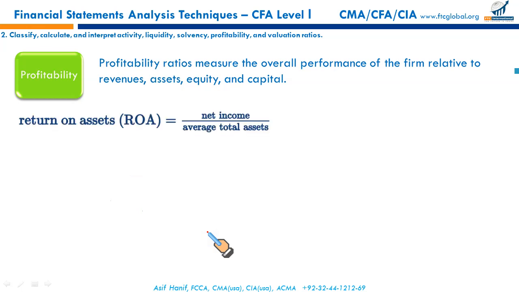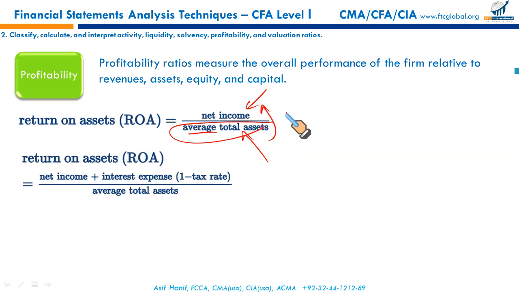Next set of ratios, return on assets. Net income is what percentage of the total assets? Similar, net income from the income statement and your total assets from the balance sheet, they must be average. So net income is what percentage of total assets, how well assets have been utilized in generating net income. Again, the ratio will not speak. You will have to compare it with some suitable comparator. Last year, competitor, industry average.